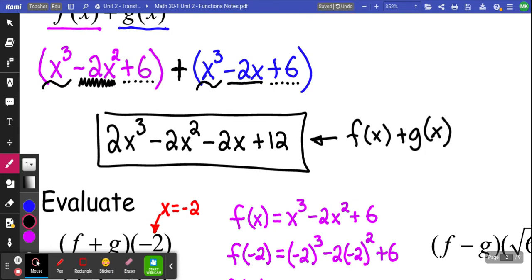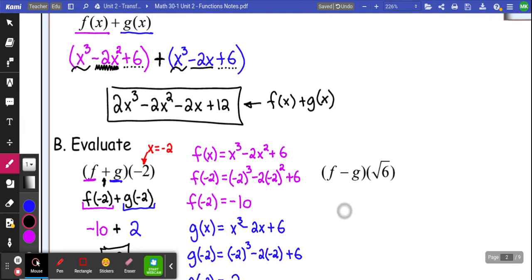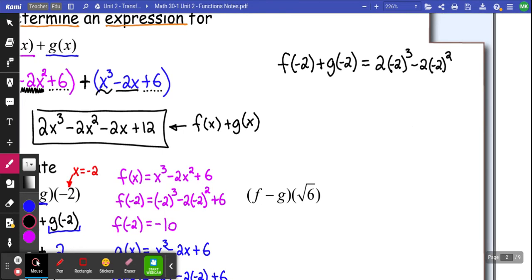So you could take that function and change it to be -2. So if you did that, you would get 2 times -2 cubed minus 2 times -2 squared minus 2 times -2 plus 12. If you put that in your calculator,